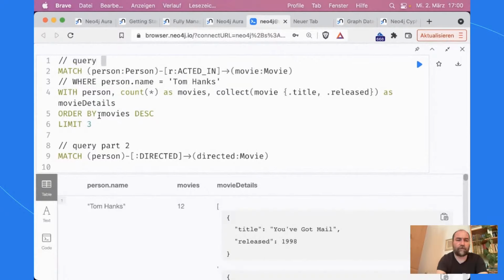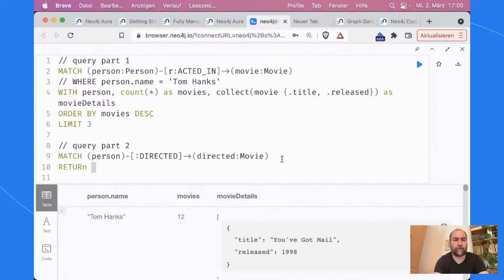And I can chain as many of those together as I want, which also means that all the stuff that you usually would do with HAVING or so, you can actually do in query part 2 as well, right? There's no HAVING in Cypher. It's basically just chaining query parts together. And then we can just return